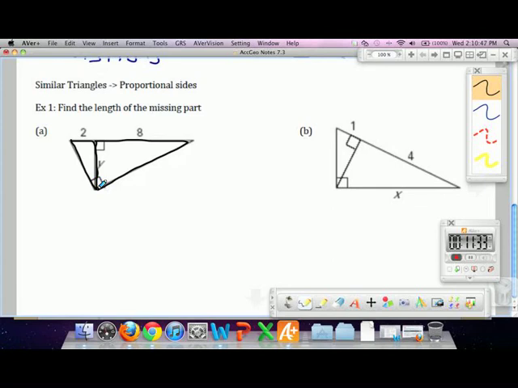Does anyone see a proportion we can set up? Anyone see the corresponding sides? So in our triangle here, you have 2 and y. If we have these 2 triangles, and these triangles are both similar to each other,